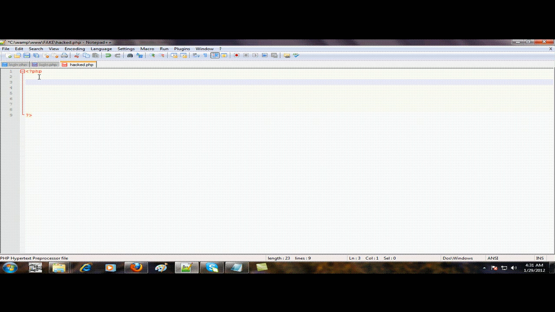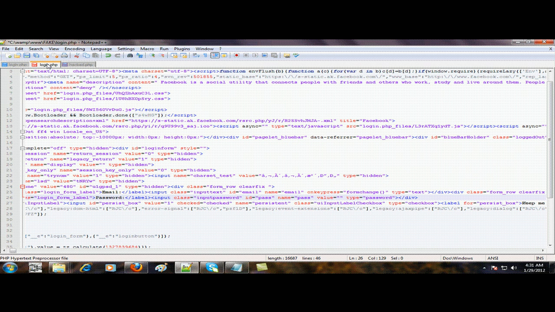So we can do it like echo and underscore post. And what was the name of the username field? Let us check it here. It was email, and the name of the password field is pass, right?